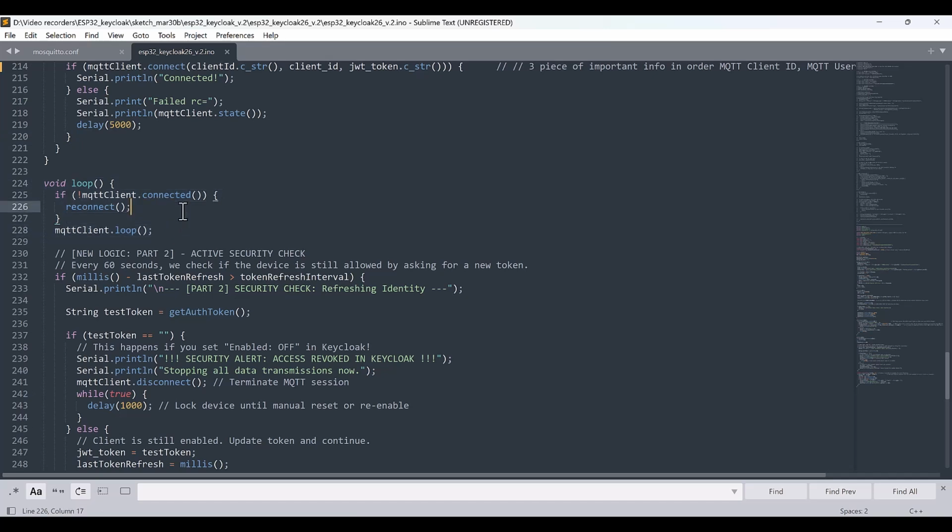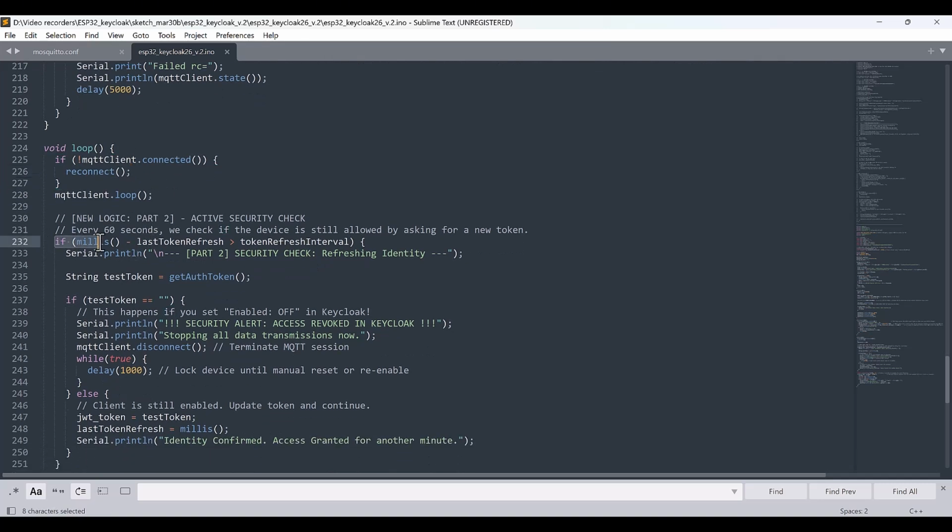We are saying that if this client is connected or reconnected, and if the millisecond minus the last token refresh, which we already discussed before, is calculated, and every time after the first run of the token it starts the timing, and then if it reaches the threshold, which here is 60 seconds, then it needs to refresh